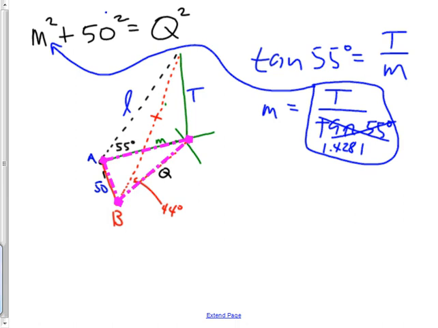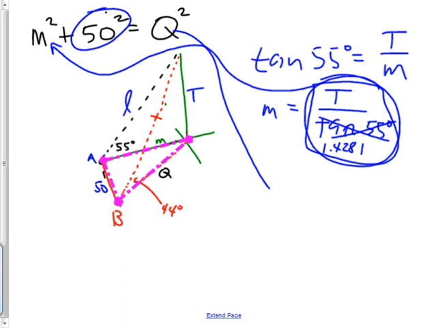So back to, if you graph this, which would be t over 1.4281 squared plus 2,500, or you could say 50 squared, and you graph the other side, which is, wait a minute, I don't have the other side yet. I got to find q. Well, the equation with q in it was tangent